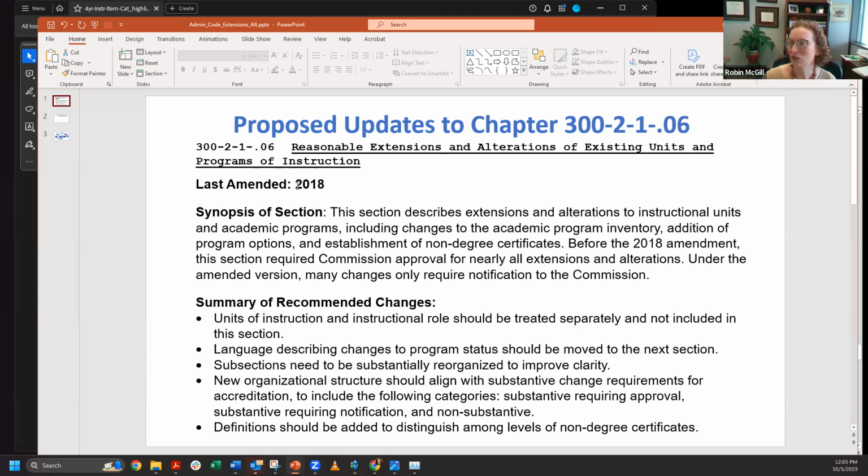So the changes to reasonable extensions and alterations happened in 2018 to take many of the items that used to be up for approval with the commission and move them to notification only. And we're not talking about reversing any of those changes. Those who have been around for a while remember the agendas used to be so long when substantive changes, similar to what SACS does, were reviewed one by one at the commission, and no one is proposing to go back to that. So what we're looking at is